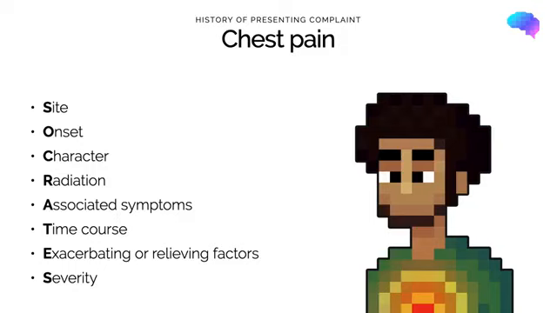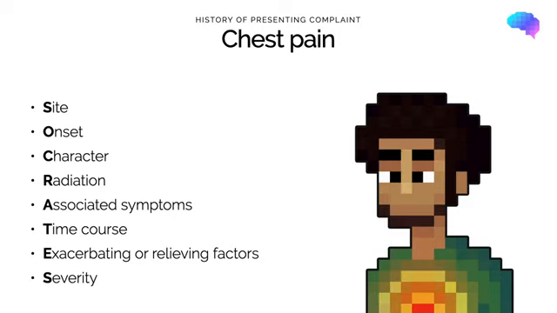Next up, we need to explore the character of the pain. So some useful questions to figure this out might include, how would you describe the pain? Is the pain sharp or more of a dull ache? Chest pain associated with myocardial infarction is typically sharp in nature and is often associated with a sense of pressure